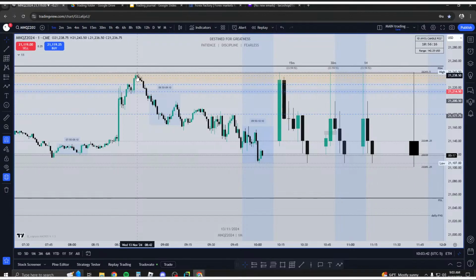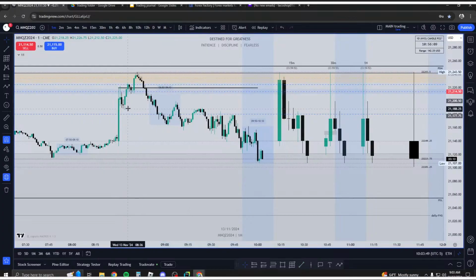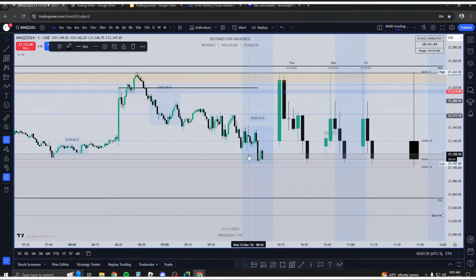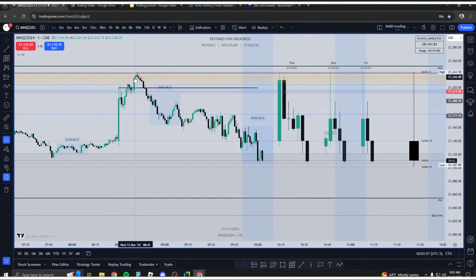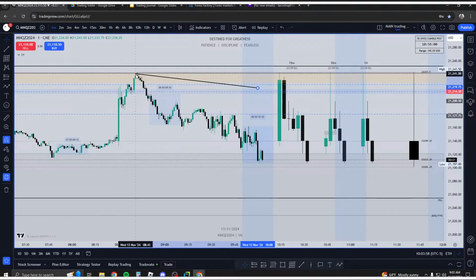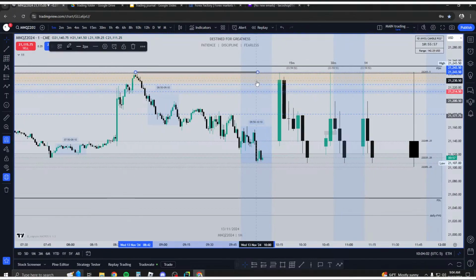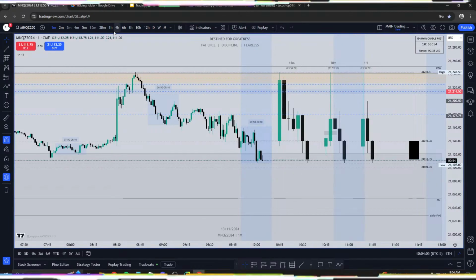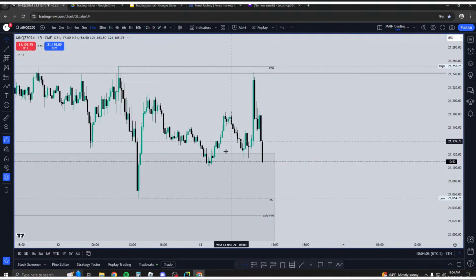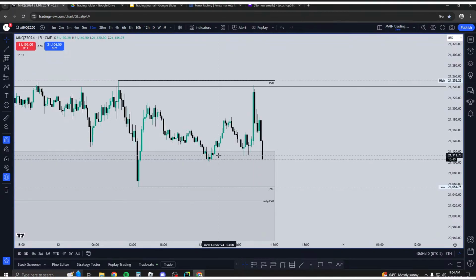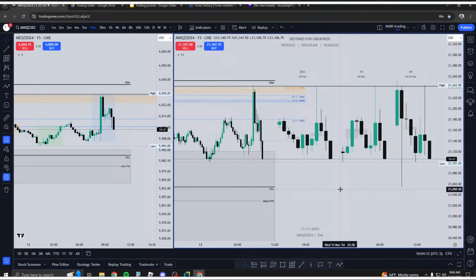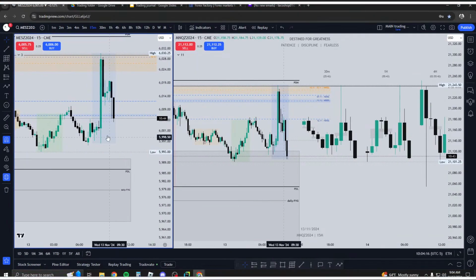if you want to consider CPI highs here, either you count this 8:30 candle as the CPI range, but we've yet to take out the 8:42 high, so this high right here, or you want to consider that the CPI high. But like I said, I would wait for more structure, see if we really want to get that willingness to continue lower. As of right now, there's an SMT here between ES and NQ.